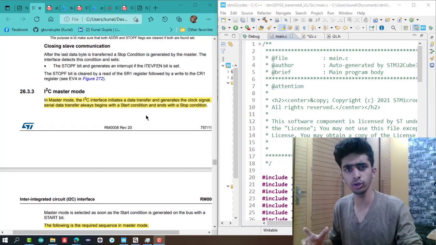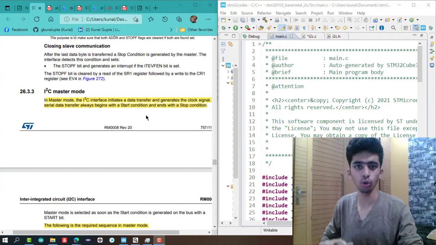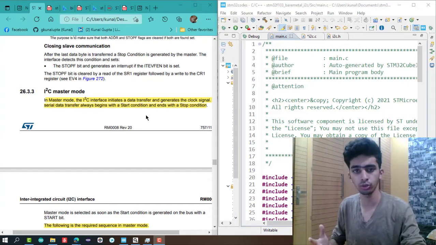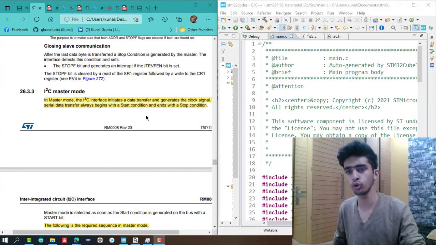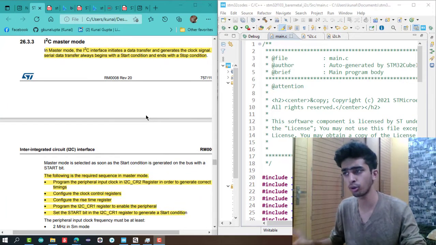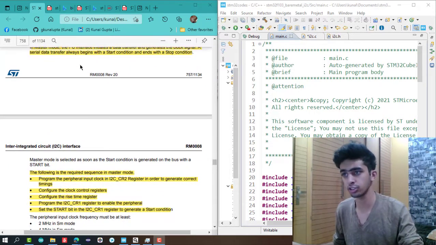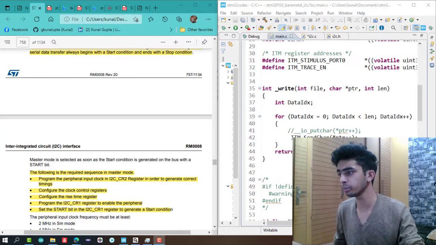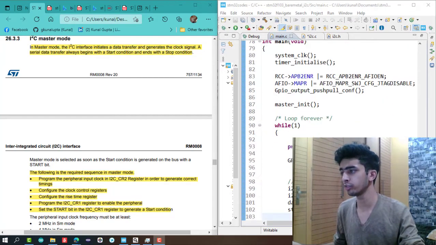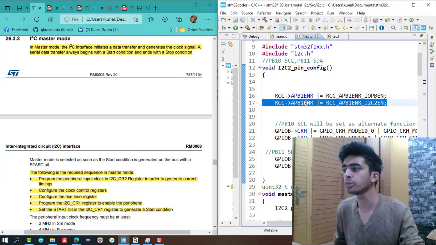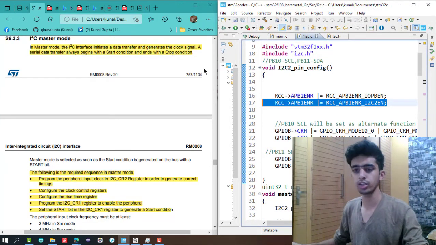In the last video, we got to know the basic overview of the I2C peripheral in the STM32 microcontroller, its port pins, its basic functions and block diagram. Now in this video, we will configure our microcontroller in master mode, and then we will program the pins. We will develop the device driver for the I2C peripheral. Okay, so now let's start with the video.